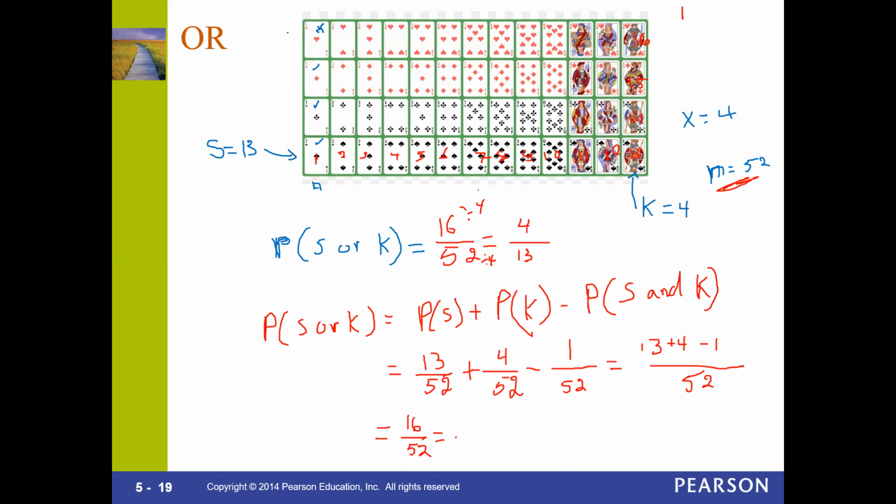I know you may say this is harder to do that way. The reason it looks harder is because you have the graph in front of you. In some examples, we're not going to have the graph in front of us. You're going to have just the numbers, so you need to figure out how to do it using the formula. If you have a concrete example in front of you, then you can just count. Because it says spade or king, just count them. How many do you have together? You got 16 combined of spade and king, not at the same time. My mistake. So either you have a spade, or you have a king, or you have the king of spades.